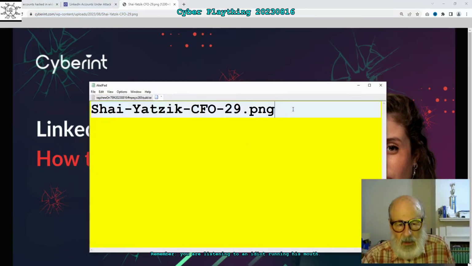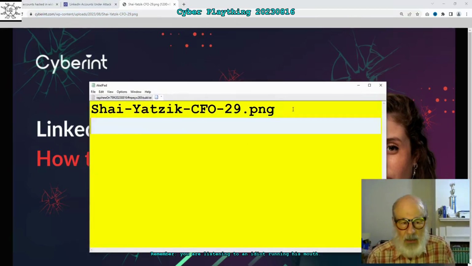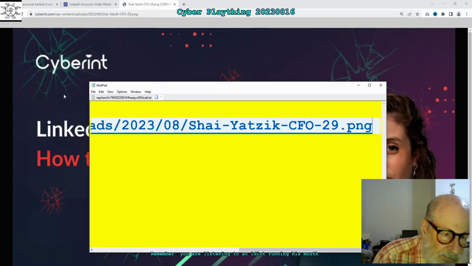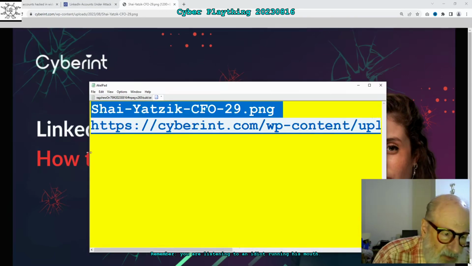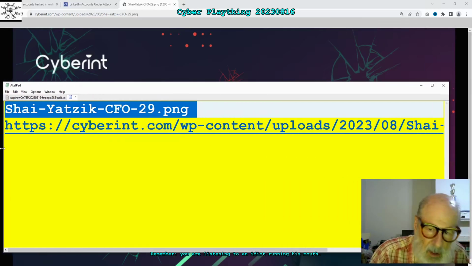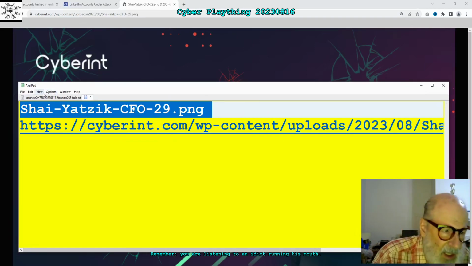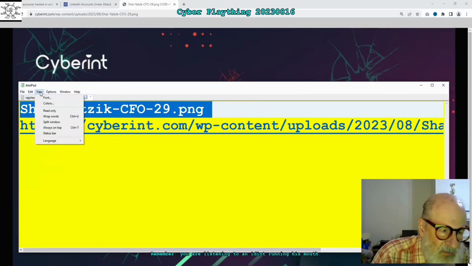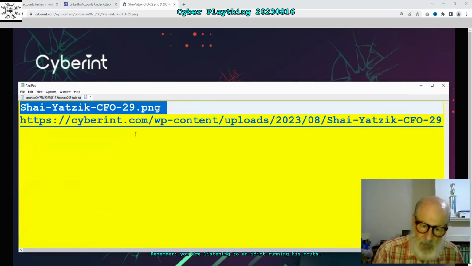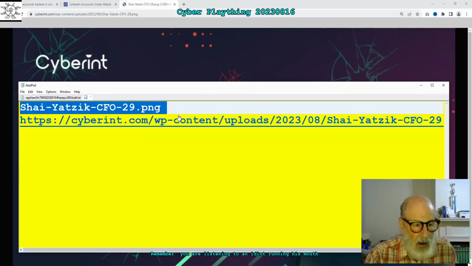I was interested in the way it was named. Now I'm going to make this a little smaller. This irritates me, the way the cursor works. Okay, I'm going to make this a little bigger so you can see it. View, font, I've got it at 42. I'm going to make it 32. Good, you can see. Okay, so it's https://cyberint.com